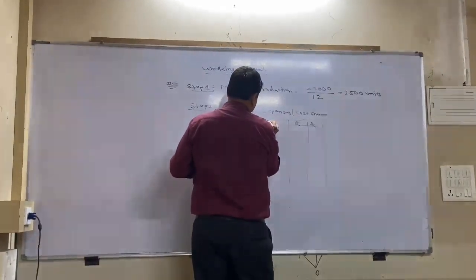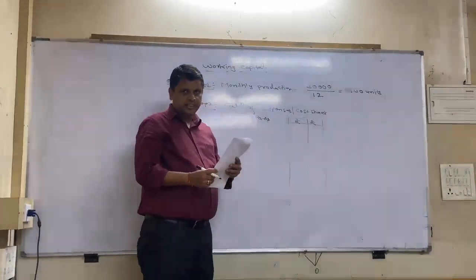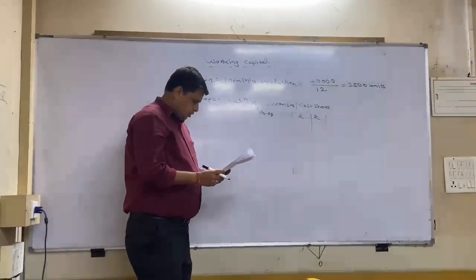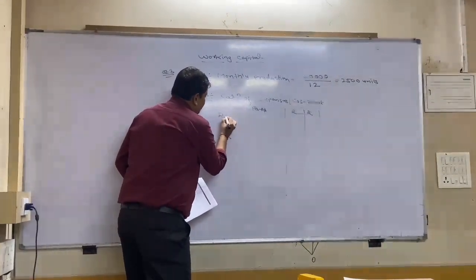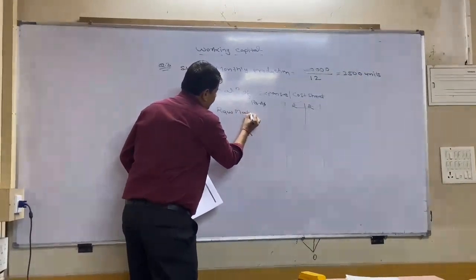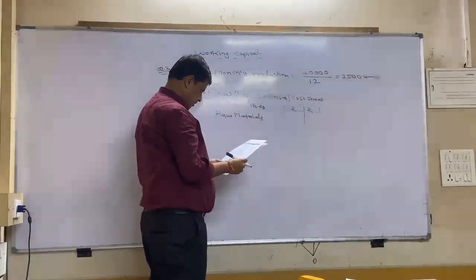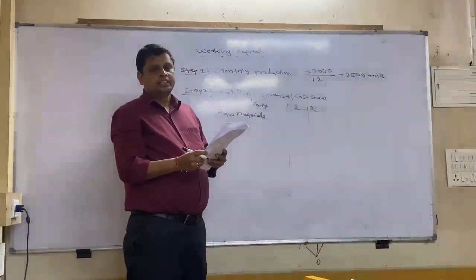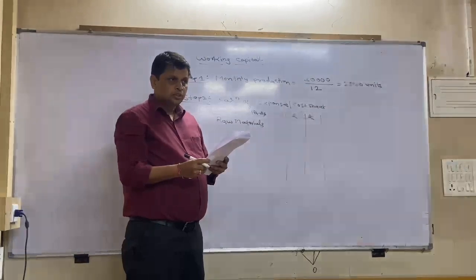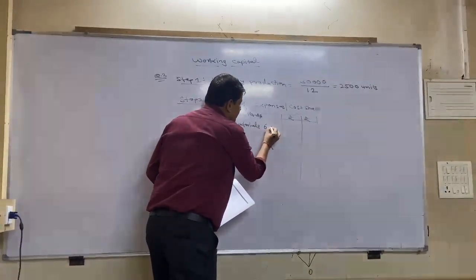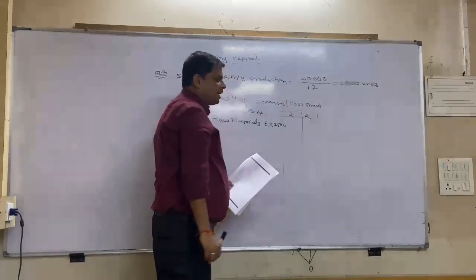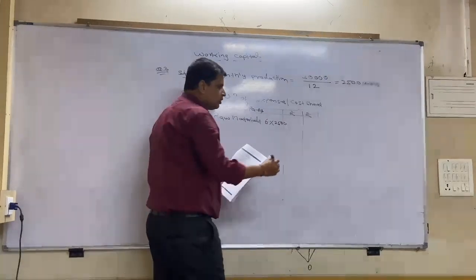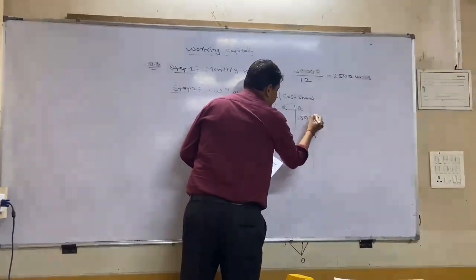Rupees, particulars. The inner column is for working note, if any. Guys, always the first item is raw materials. They are saying raw material is given 60% of selling price. Selling price per unit is 10 rupees. So 60% of 10 rupees is 6, into 2,500. So it comes to how much? 15,000. So the answer is 15,000.